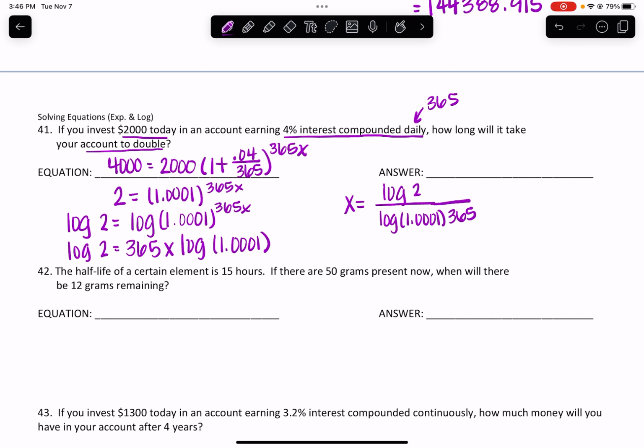Okay, and then I'm going to type that in my calculator since we don't need an exact answer. And actually I'm going to use my fraction button. Well, it's not going to work the way I want it to. I ended up having to keep it in the fraction for my calculator to work correctly. And we got 330